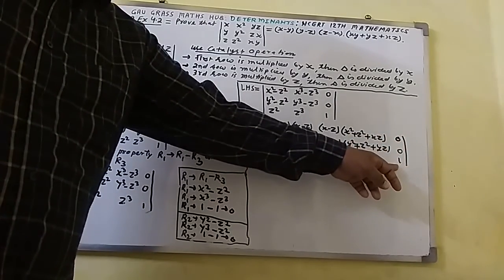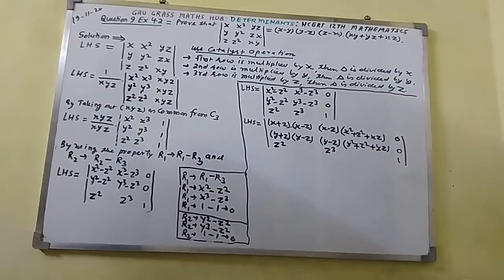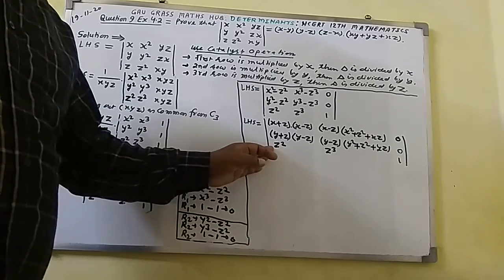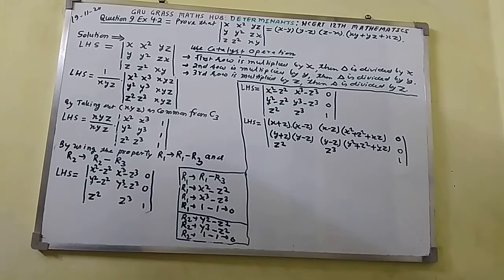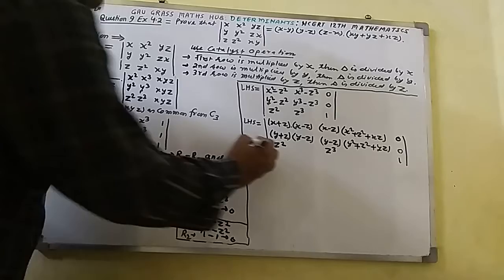In the third column, two elements are 0. Here 0, 0 is there. So what to do here? I am going to expand this determinant along the third row. So here I shall write,